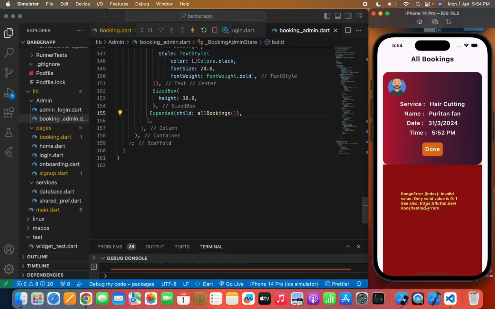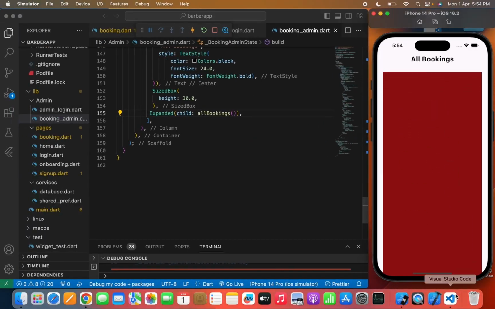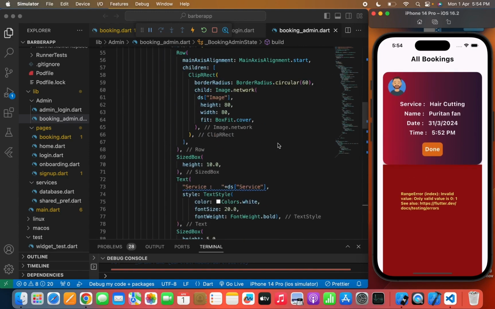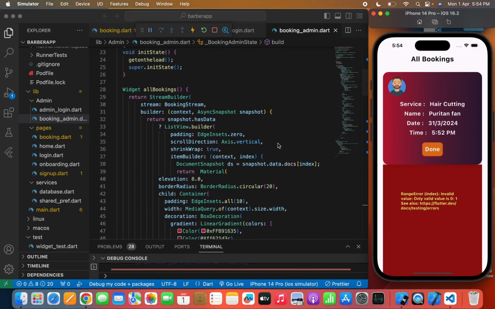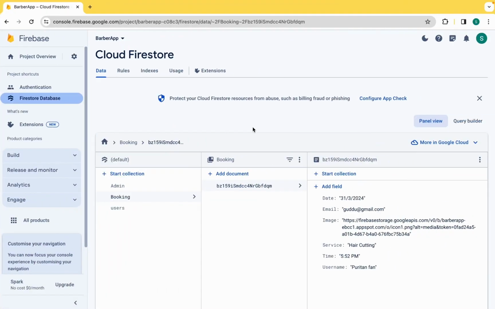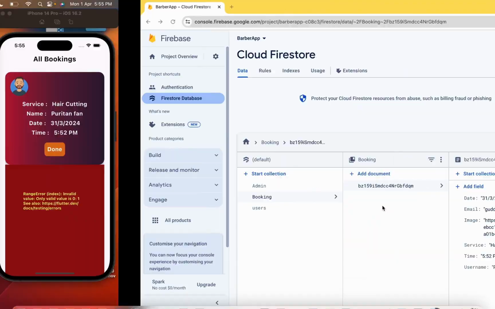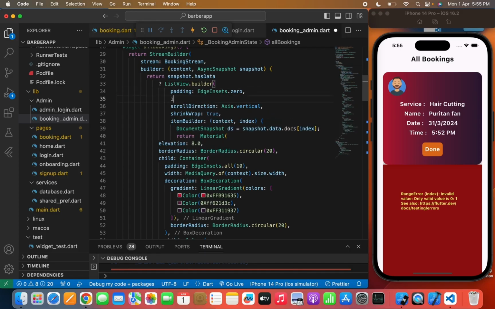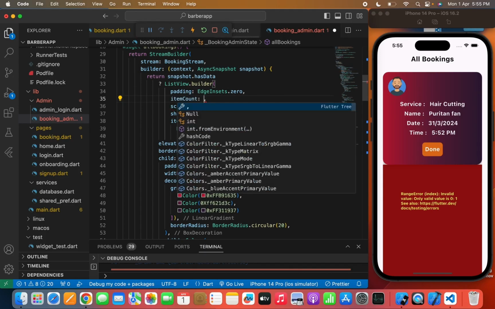I don't know why this error, like range error valid value. So I think so. Yeah, we forgot to pass an item count here in the list view builder, because we need to pass how much documents are there in the respective booking collection, and that will be passed to a document snapshot. So we'll pass item count and we'll write